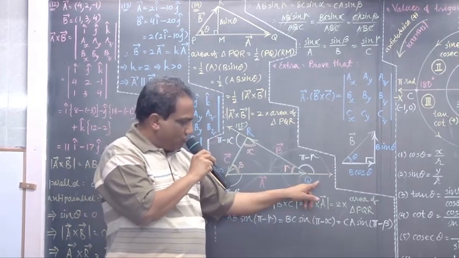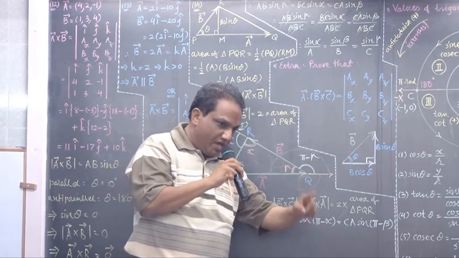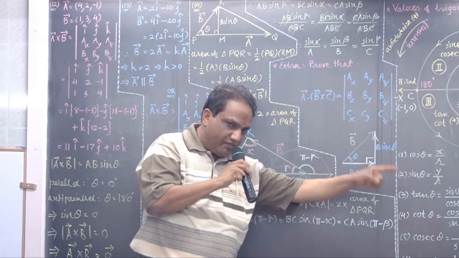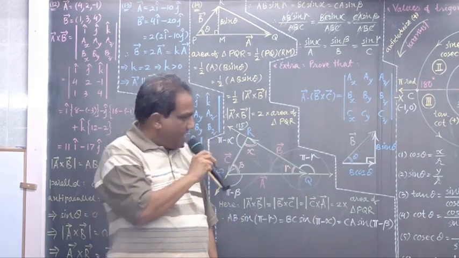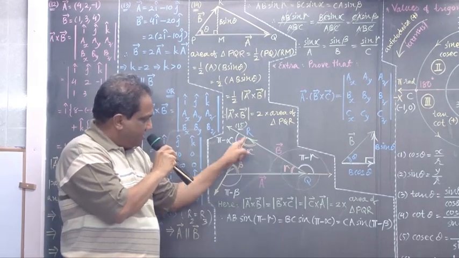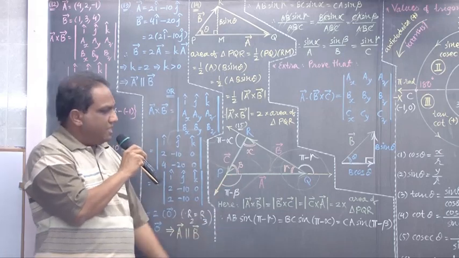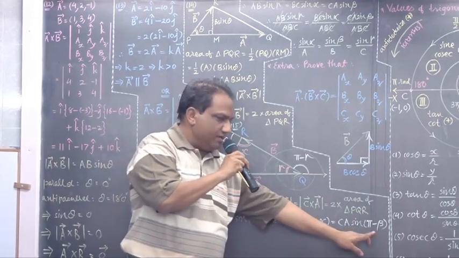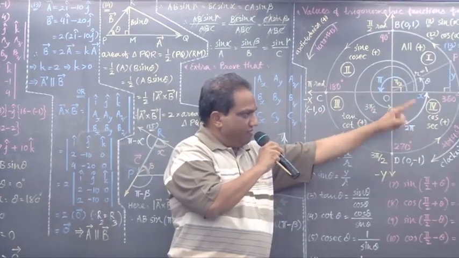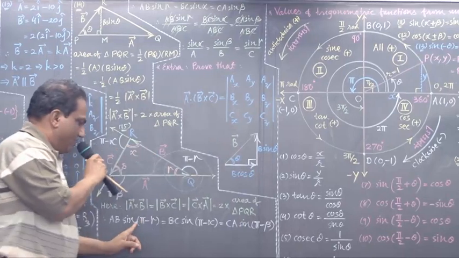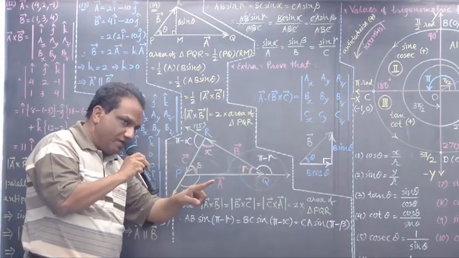Come on, that equals the magnitude of vector C cross vector A. C into A into sine of angle between them. Angle between vector C and vector A, how much it is? That's what I am writing here, pi minus theta. Now in this article, today only we will see that sine of pi minus gamma comes out to be sine gamma.